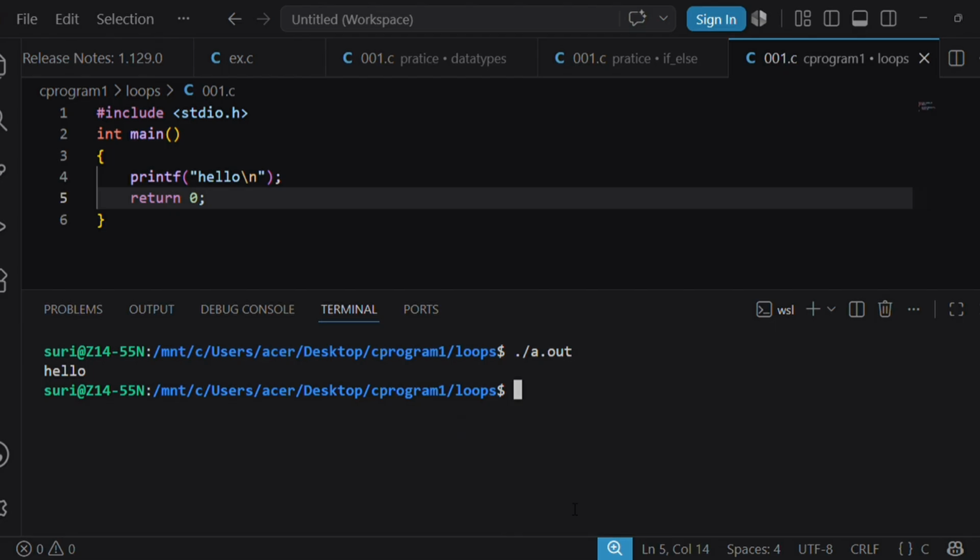If I need to print for 30 lines, I need to write printf 30 times. If I need to print 300 times, I need to write 300 lines. So it takes time, and the program also will not look good. For this purpose only we go for loop.